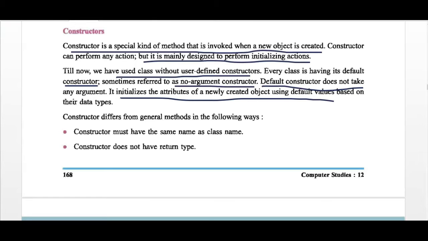A constructor differs from a general method in the following ways. See, what are the attributes of a constructor? A constructor must have the same name as the class name. A constructor does not have a return type.